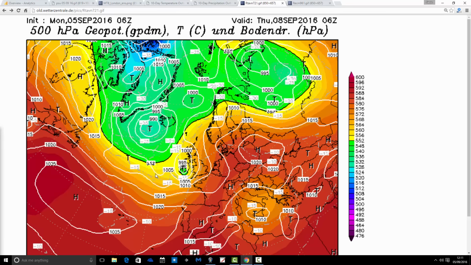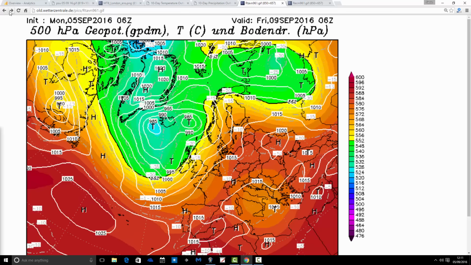So on Thursday, low pressure is already coming in from the Atlantic. This could bring thunder to the north and west. I don't think it'll bring much in the way of thunder to the east, but by Thursday we're already cutting off that very warm southerly flow. So as we go through into Friday, we're already in a cooler west to southwesterly flow,